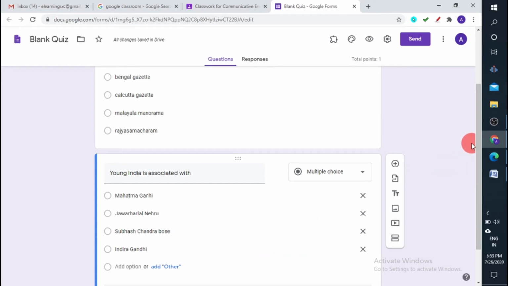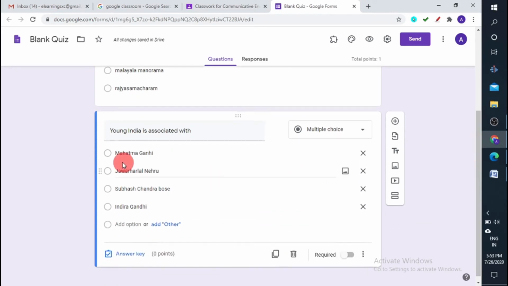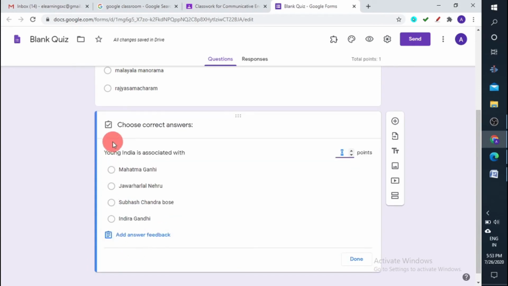So I can give my options. These are all just random questions. I click on answer key and give Mahatma Gandhi, that is my option.